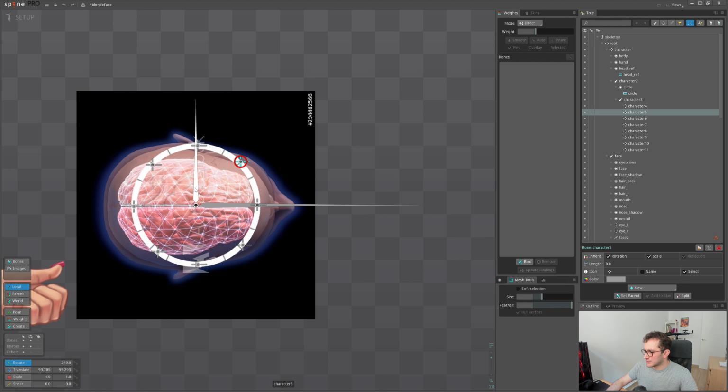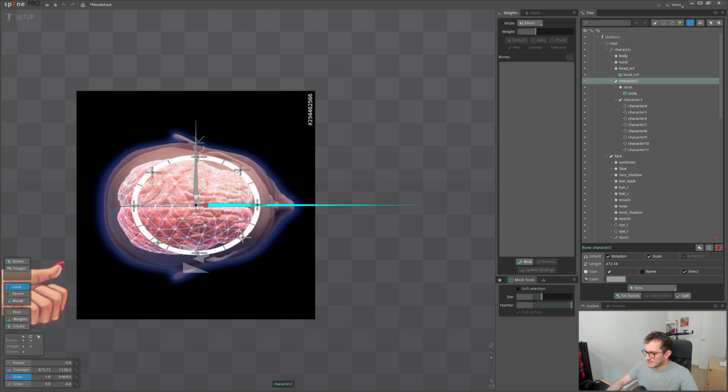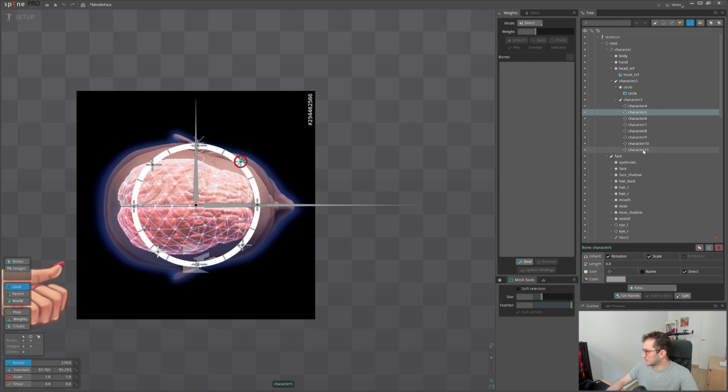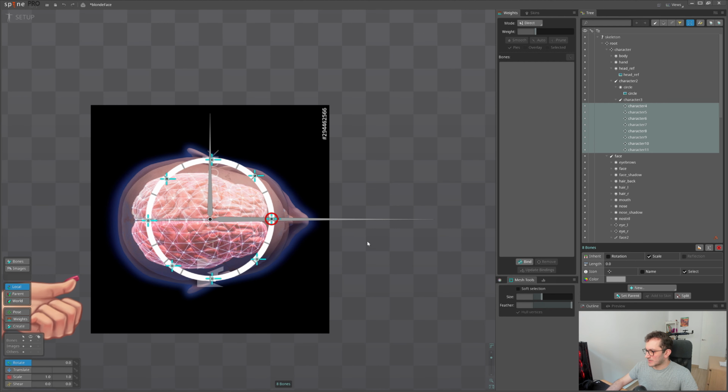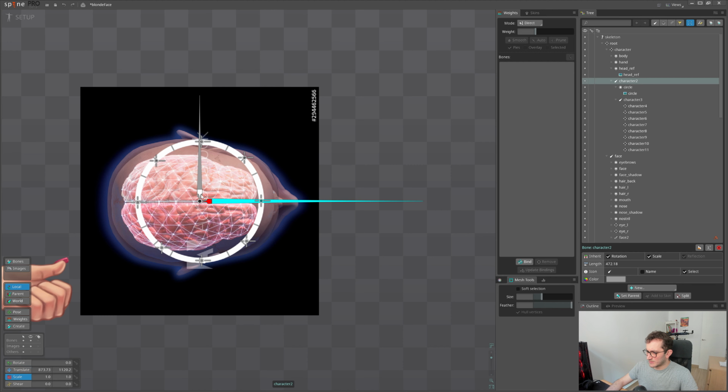So for now you can see that if we scale it and rotate it, the bones are rotating as well, and they are also being scaled. So we don't need that. We need all those new bones with disabled rotation and scale inheritance. So this way we will achieve